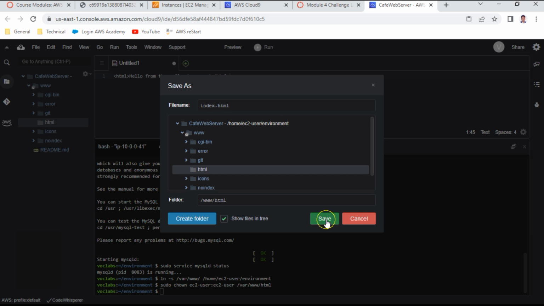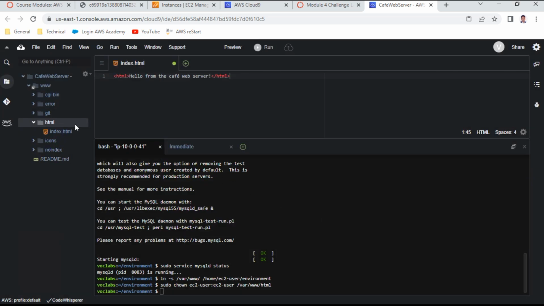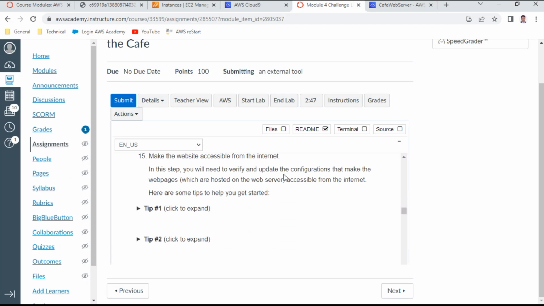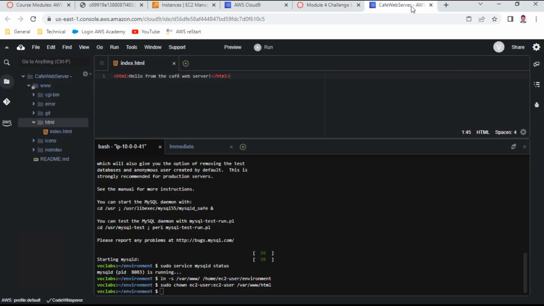And say save. You should see a file called index.html is generated. Okay, 15, making the website accessible from the internet. Okay, this is a challenge for you. What you can do here,